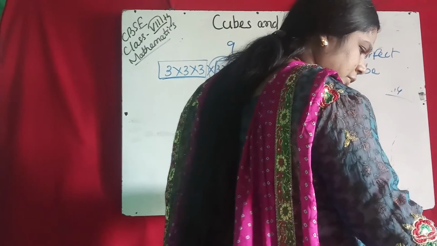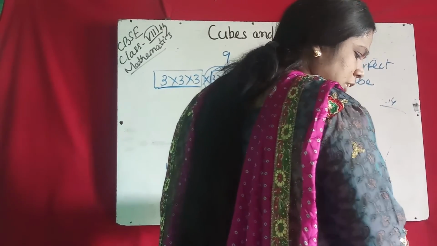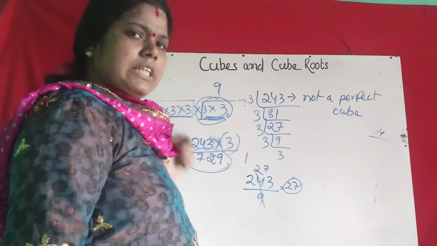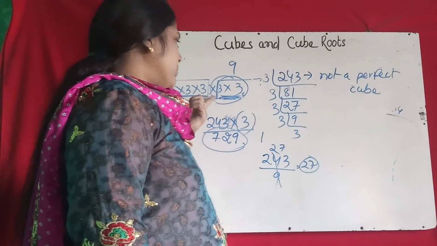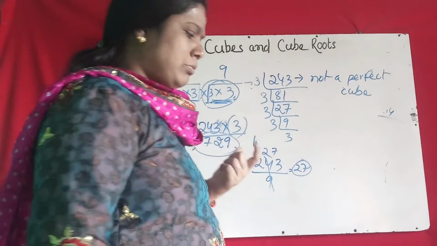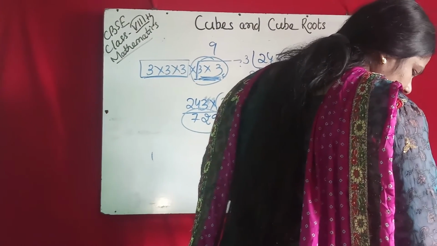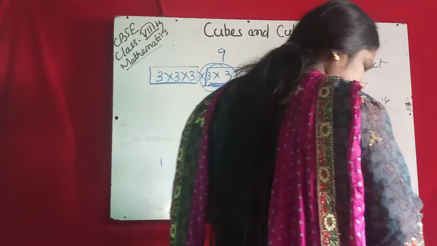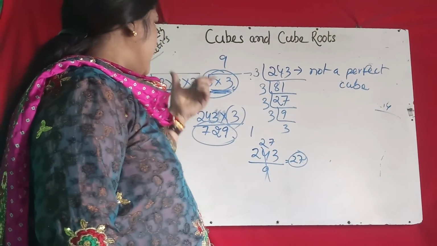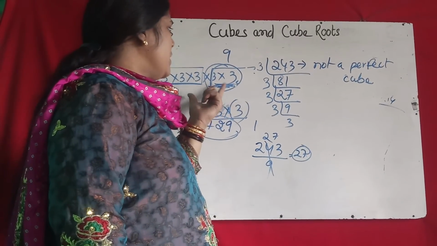So this type of different questions will come in exercises. One number will be given, and you will be asked by which number you multiply or by which number you divide. So you have to adopt this process. You first find the prime factors and see how many of each prime number there are. The same questions are given in your exercise, and I hope you can solve the problems regarding these cubes and cube roots. So this is all about cubes.